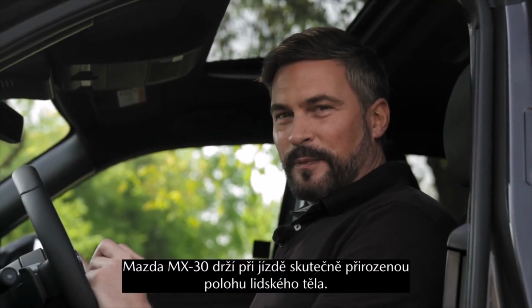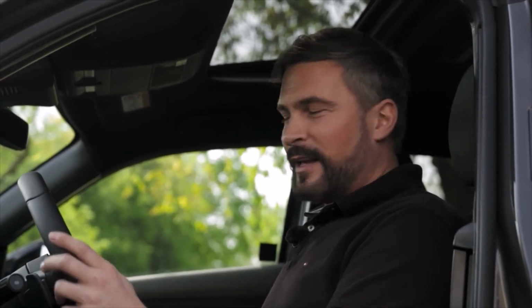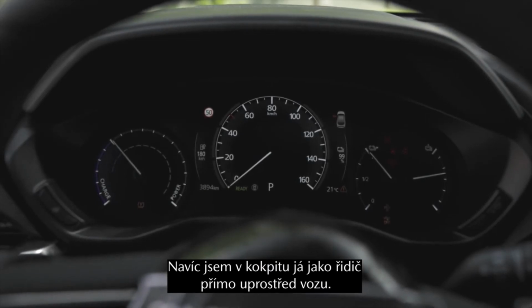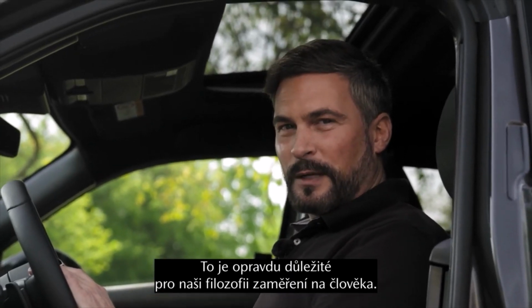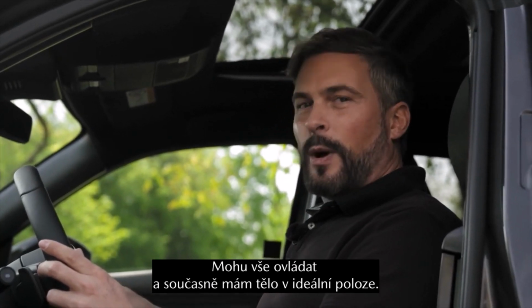The MX-30 offers a really natural and supportive driving position. And in addition to this, I will find here a cockpit which places me, the driver, directly in the center of the vehicle. And that's really important for our human-centric philosophy, because I can operate everything while I maintain